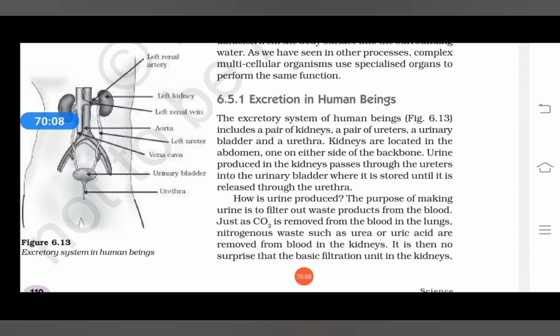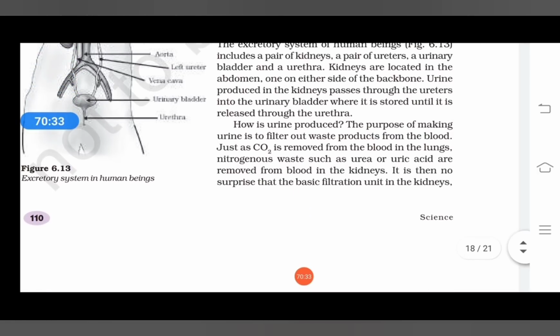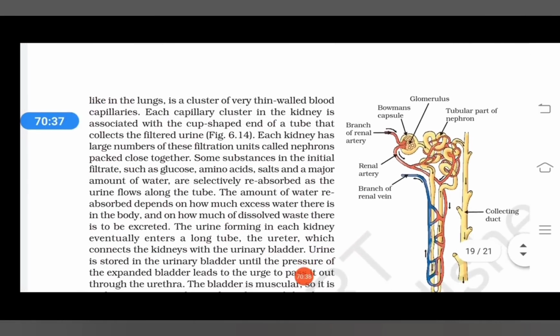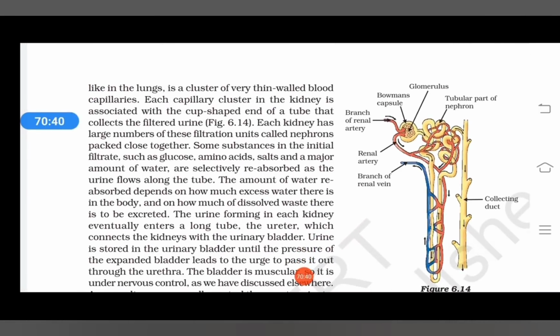So the next question arises, how is the urine produced? The purpose of making urine is to filter out the waste product from the blood. Just as CO2 is removed from the blood in the lungs, nitrogenous wastes such as urea and uric acid are removed from the blood in the kidneys. It is then no surprise that the basic filtration unit in the kidneys, like in the lungs,